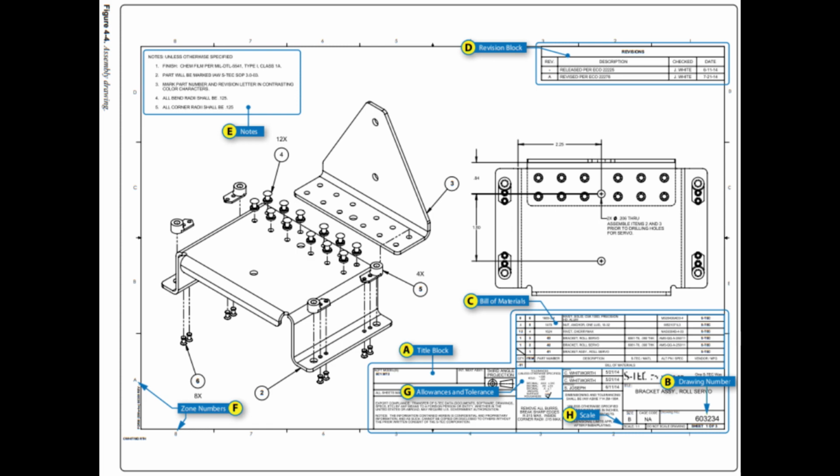A typical bill of material is shown in Figure 4-4C. On drawings that do not have a bill of material, the data may be indicated directly on the drawing. On assembly drawings, each item is identified by a number in a circle or square. An arrow connecting the number with the item assists in locating it in the bill of material.